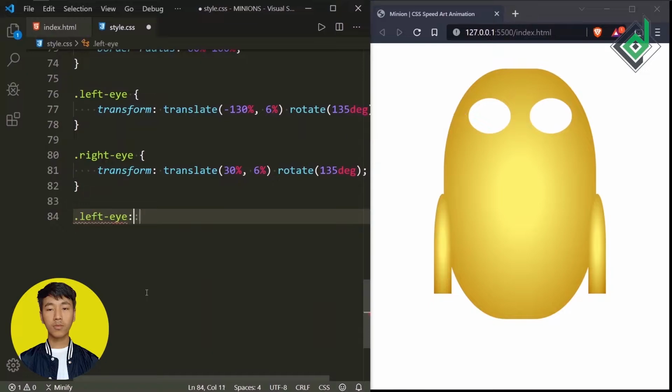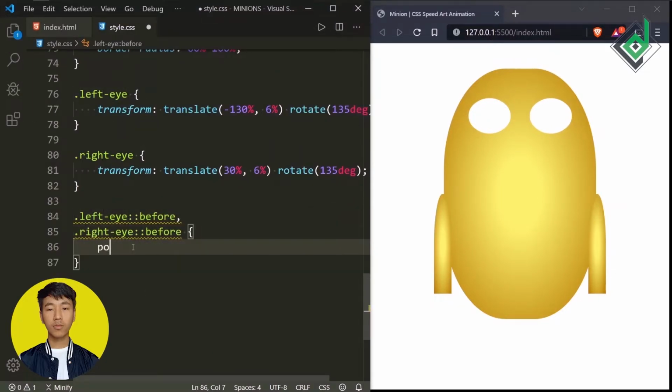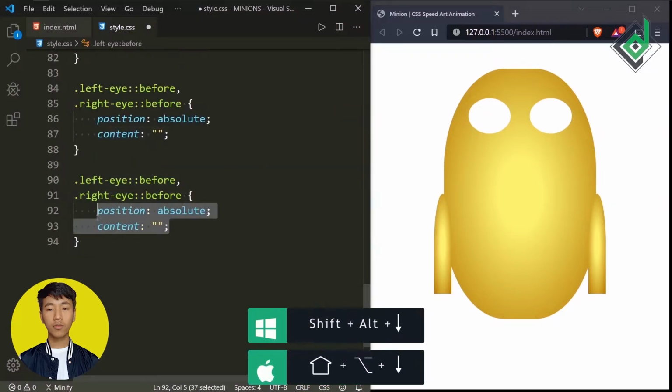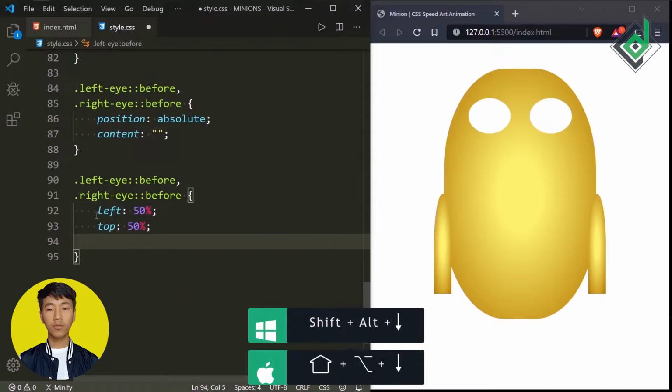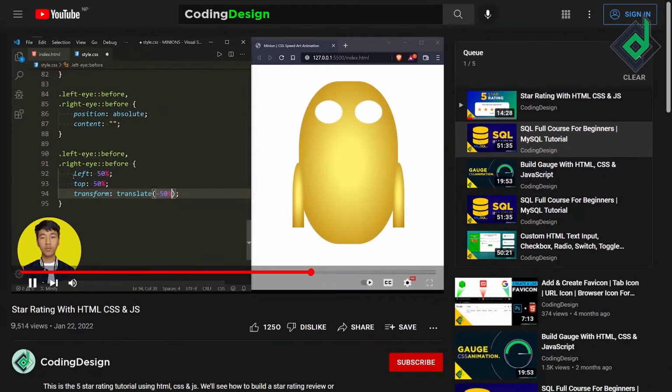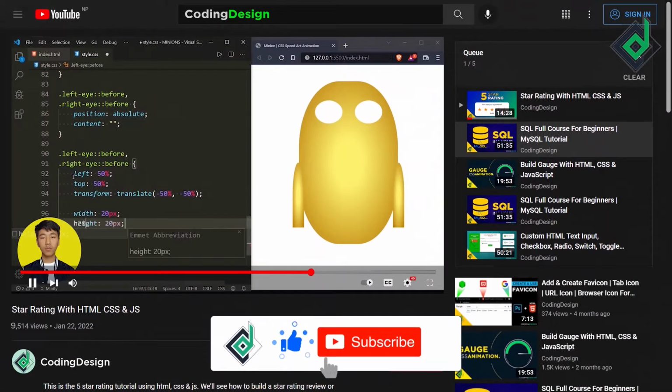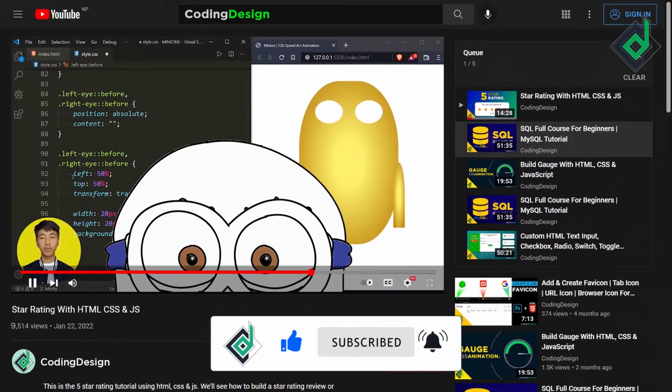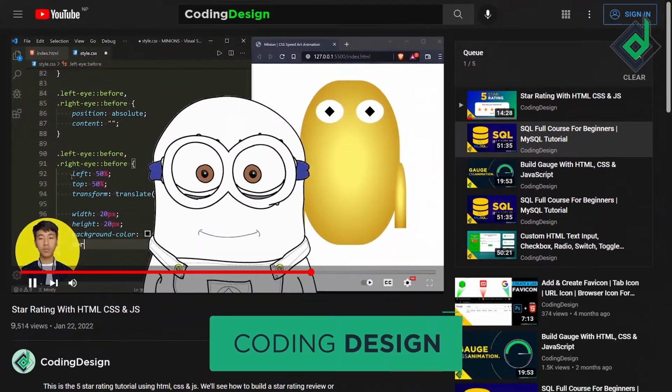And now it's time to create the eyeball for the left and right eye. For the eyeball, I'm going to give brown color.